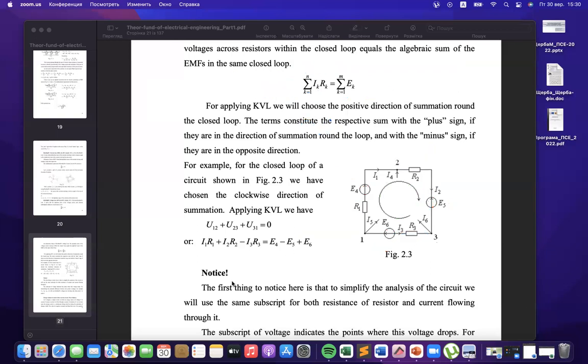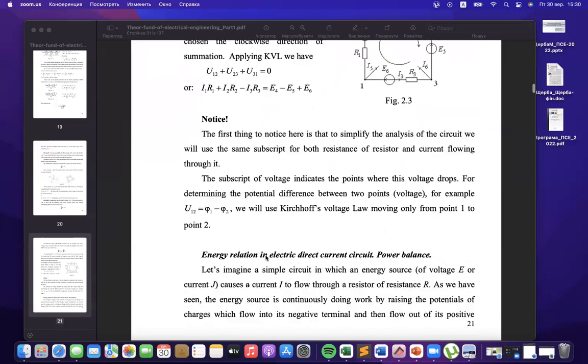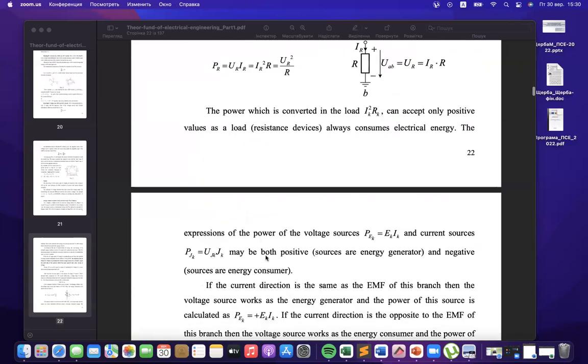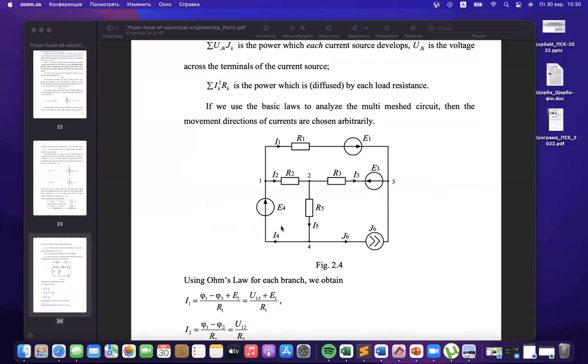Then how do we use it mathematically in a more complex mathematical model? For example, we take some circuit. It could be, for example, some house with a couple of rooms and equipment inside these rooms, some sources of energy, and some consumers. We want to calculate the process inside this house, what current will flow inside the wires. What initial data do we generally know? Generally, we know the sources, the value of voltages,